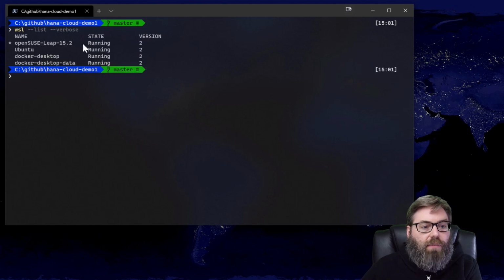And what you see here is I've got one default Linux runtime running OpenSUSE Leap 15.2. That's actually where my HANA Express is installed. I'm not going to mess around with that. I actually want to use a really lean, pretty bare bones Ubuntu installation. And that's what I want to use as the baseline for